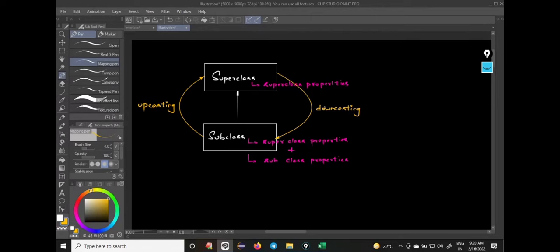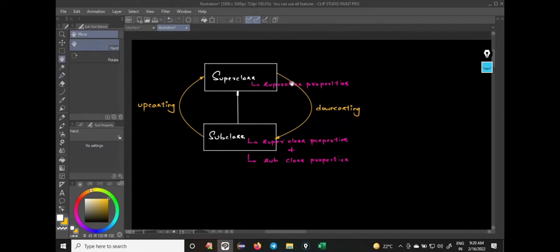This process is called downcasting. Now when you downcast, whatever subclass properties were hidden will become visible. For example,